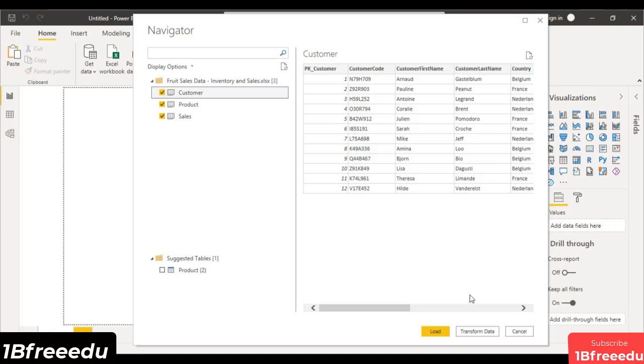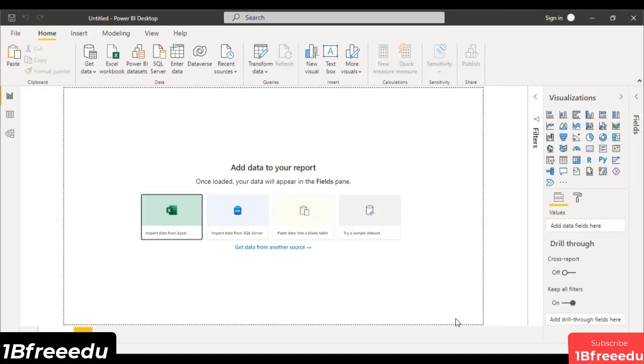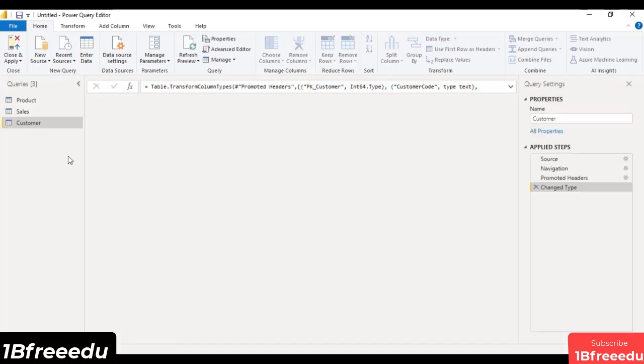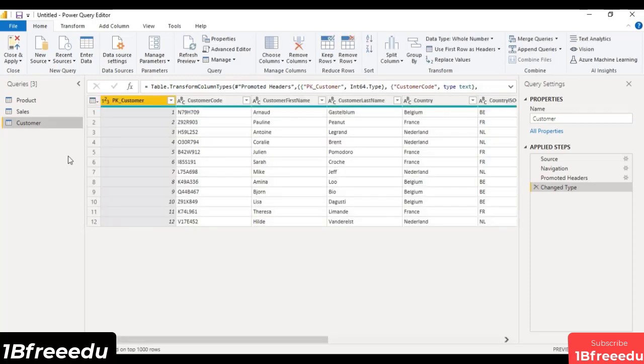Okay, so what we are going to do is select our tables and click on this transform data option. This would take us directly to the Power Query Editor. Here is where we would be able to make the changes to our dataset. Now whatever changes we make to our dataset would be temporary. That means they would only be applied to this version of the dataset and the original dataset would remain unchanged, so don't worry about that.